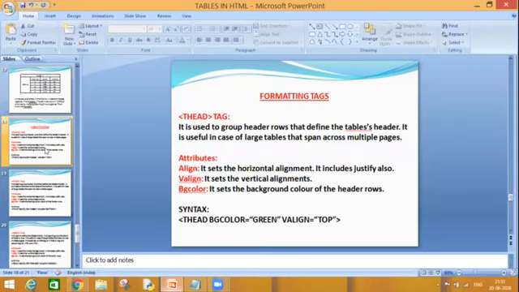What does it mean? That my table head, THEAD tag, is a child element of my table tag. It will be enclosed within my table tag, but will work like a parent tag of my TR tag. And how does it work? Let's have a look.